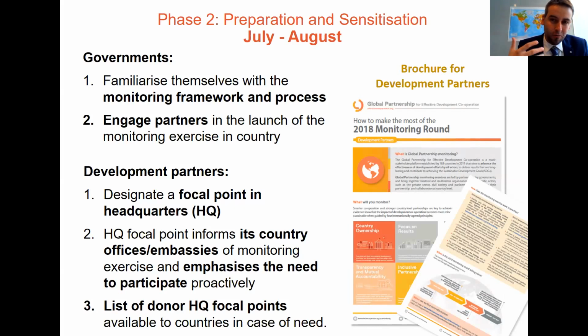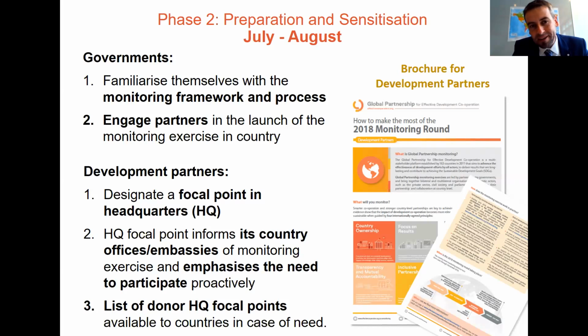So it's a way to quickly see that they have committed to a series of commitments on how to deliver more effectively and support partner countries, and what specifically is going to be requested from them, what is the role, etc. So to save you the time to explain all these things, the brochure explains this to them in a very systematic way.